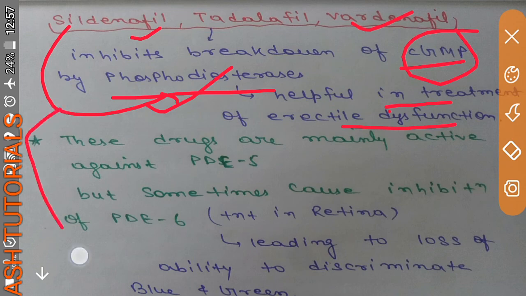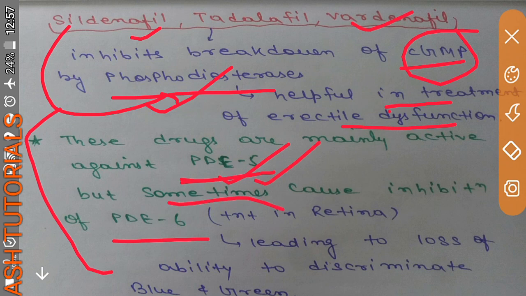Now coming to one more important point, these drugs mainly affect phosphodiesterase 5 because phosphodiesterase has many isoenzyme forms, and one of these is phosphodiesterase 5. So these drugs mainly inhibit phosphodiesterase 5, but sometimes they also cause inhibition of phosphodiesterase 6, and this phosphodiesterase 6 is present in the retina. So if phosphodiesterase 6, which is present in the retina, is inhibited, this leads to loss of ability to discriminate blue and green. Okay, so this is one problem which will be associated with using these drugs. This is a drawback of